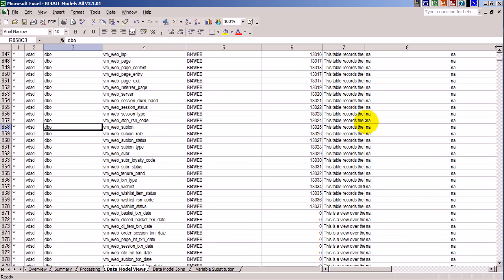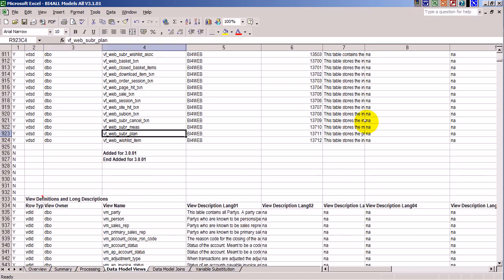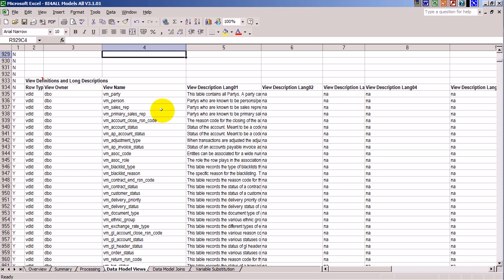So you can see, yes, we do indeed have all these view definition, short description rows. And you can see the row numbers going up. Okay, so ended added for 3001. So this is 927 rows we're down to now for the short descriptions. And then we have view descriptions,